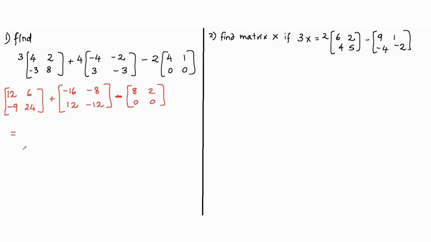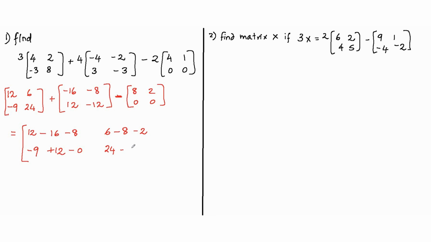And now let's go ahead with the addition and subtraction. I have to add or subtract the corresponding rows, so corresponding elements. So 12 plus of minus 16, that's 12 minus 16, minus 8. That's the first row, first column. Then 6 plus of minus 8, that's minus 8, be very careful, minus 2. Then I have minus 9 plus 12 minus 0, and I have 24